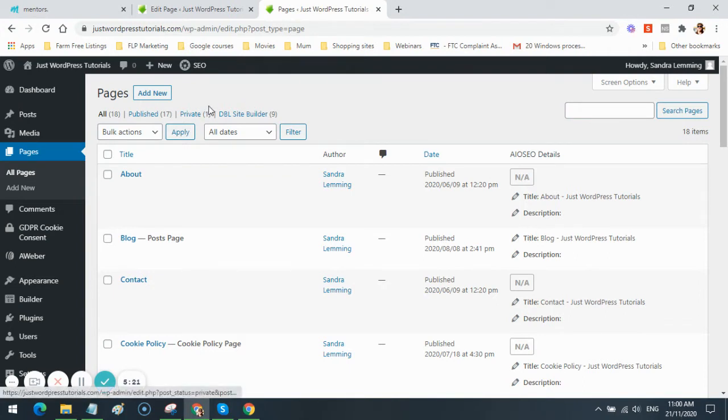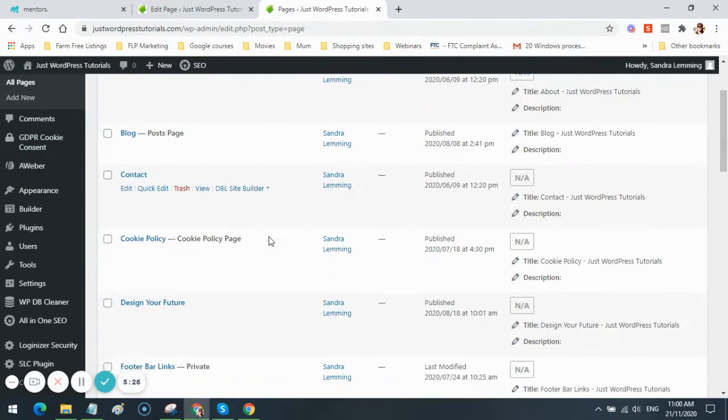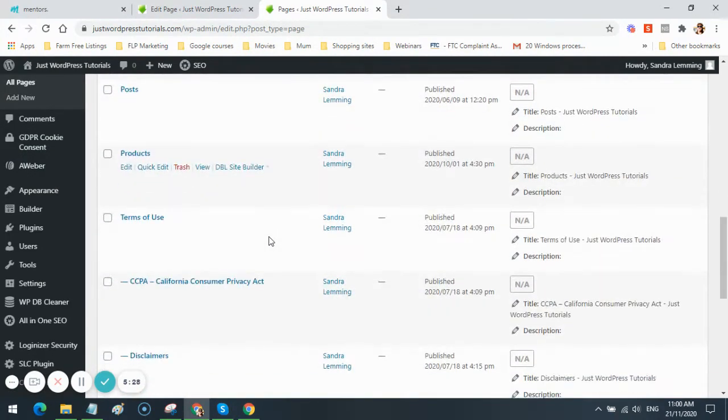And I'm going to go through here and find a page that was just built normally, right? So if I scroll down here, I know that, here we go, the terms of use page. This was just built on the standard page. So if I click on edit on this one and go into the back end of the page,